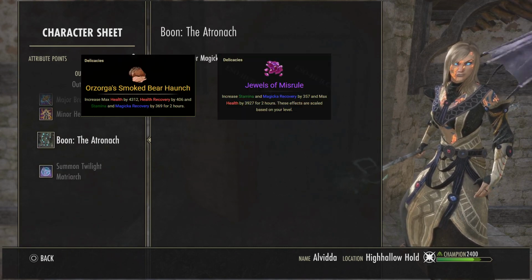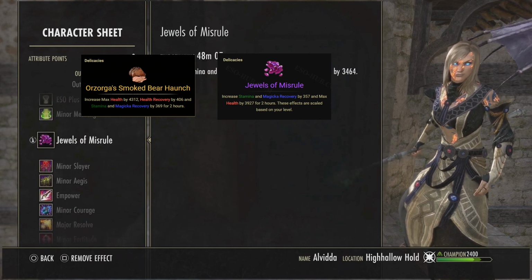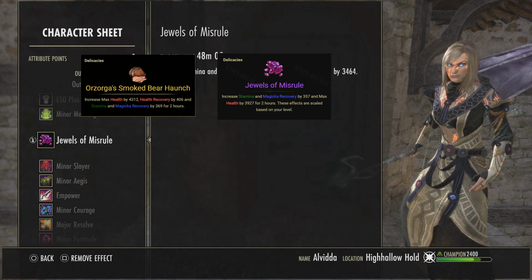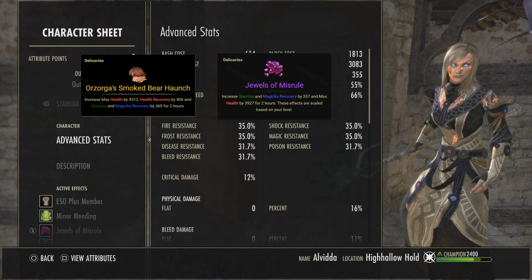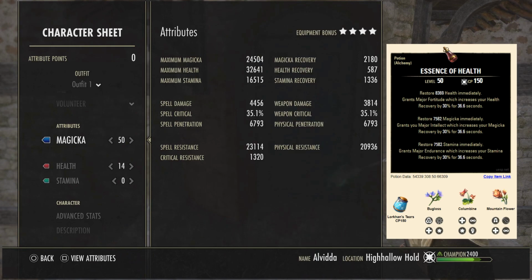For the food, you have a few different options. Orzorga's Bear Haunch is probably the best, and Jewels of Misrule is just a cheaper alternative. Because we're running Oakensoul, it provides us the major buffs that we would need for DPS. So instead, we're going to opt to run Tri-Stat Potions, just as a way that we can get all of